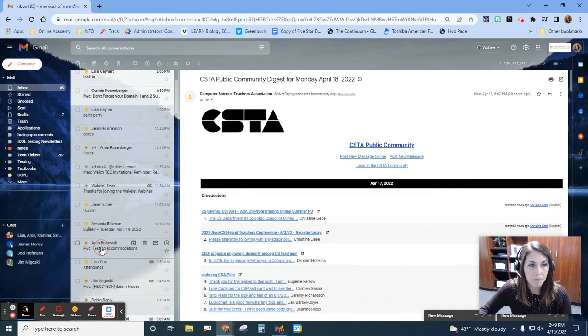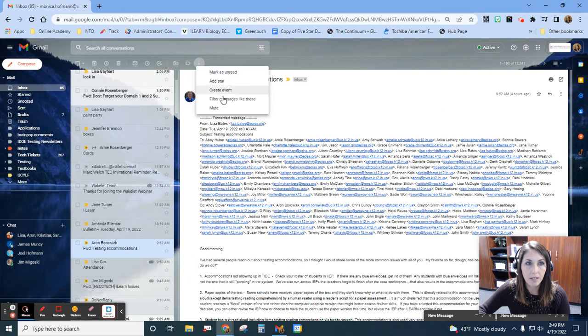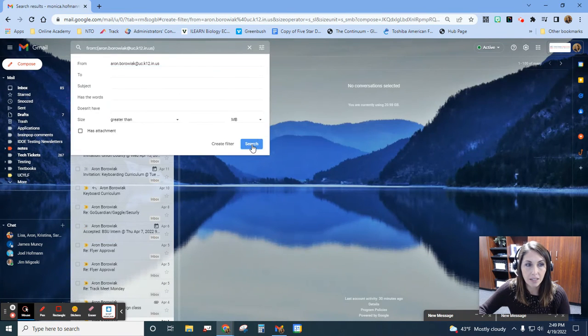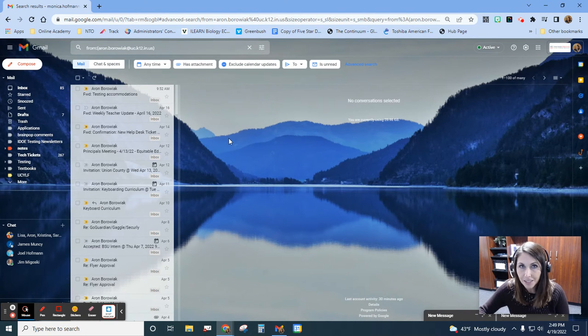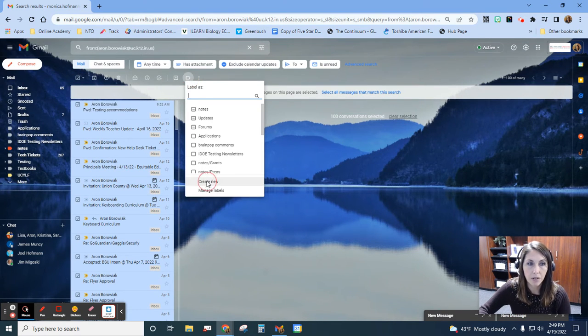The next one, like I get a lot of emails from Mr. Brobiak, as we all do. I'm going to search the same way, filter messages like these, search, and I'm not going to delete these. I just want to move them to an important place. I'm going to select them all, and I want to give them all a label. I'm going to create a new label,